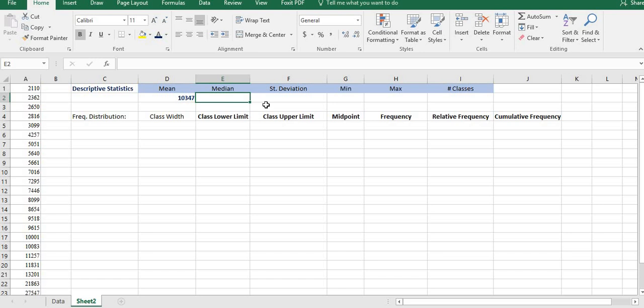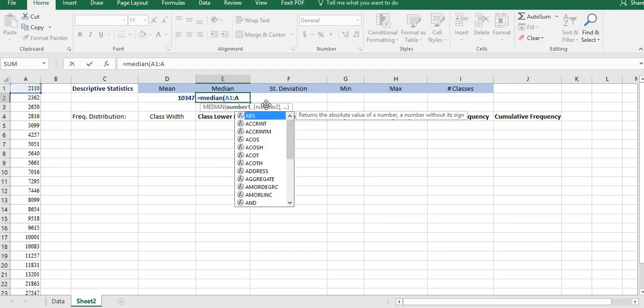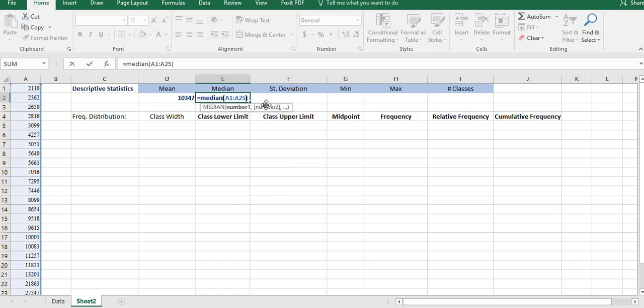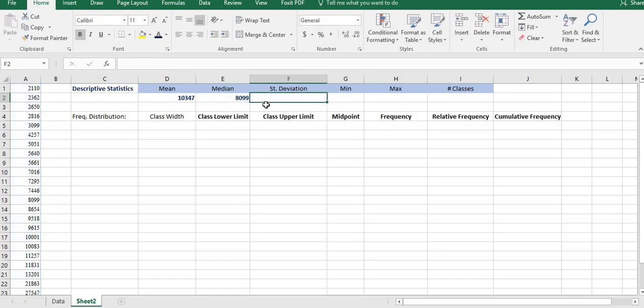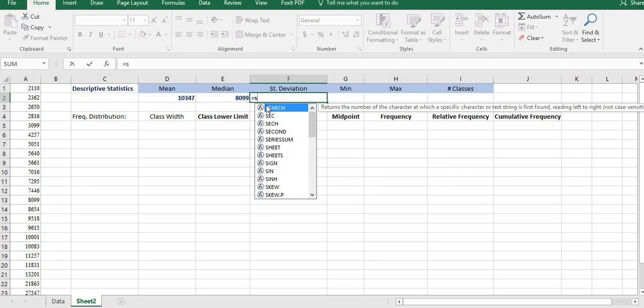And so for median, I'm going to do the same thing. There's a formula for median in Excel. I'm going to do equals median. And then if you want to, you can either right click it, like I said, you can go and copy it again, or you can do A1:A25. Okay, and then for the standard deviation, we're going to do equals ST, and for this one we want